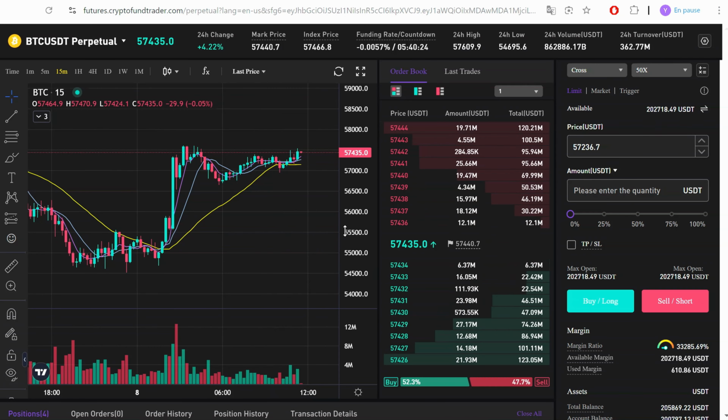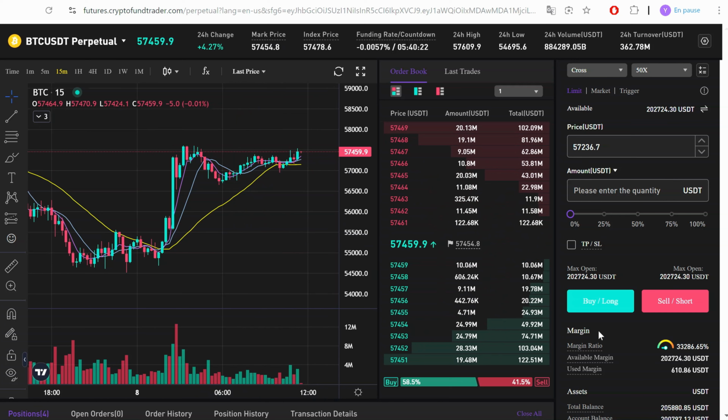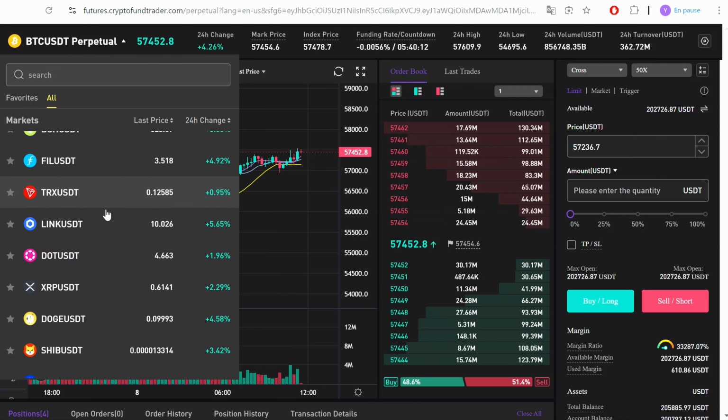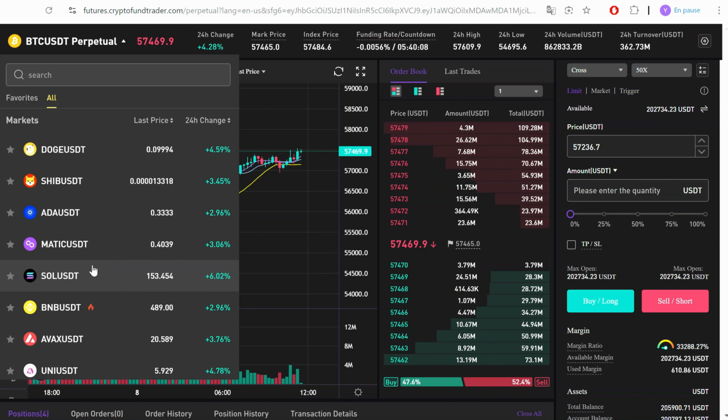We will now move on to the demonstration of the futures platform of Crypto FonTrader. As you can see, here is the platform's interface. It looks like a completely classic exchange that everyone is probably already very used to using. Here, we will find the available crypto pairs. We will obviously find Bitcoin, Ethereum, some altcoins, including major ones, such as Chainlink, Polkadot, as well as Solana and